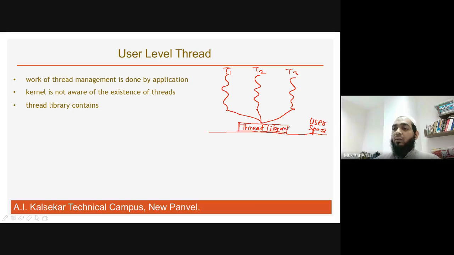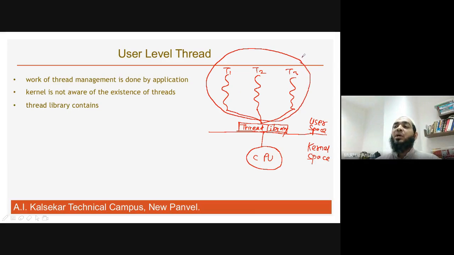ओके, अब ये थ्रेड लाइब्रेरी आ गई. उसके बाद में दिस लाइब्रेरी, अभी ये हमारा यूजर स्पेस था, ये हमारा कौन सा स्पेस है, कर्नल स्पेस है. तो ये मेरा है कर्नल स्पेस. यहाँ पर मेरा कर्नल स्पेस के अंदर यहाँ पर मेरे पास मेरा ये है सीपीयू. ठीक है, अब ये सीपीयू हमारा कनेक्टेड है इसको. ठीक है, सो ऑल दिस. अच्छा, अगर मैं बोलूँ हाइपोथेटिकली बोलूँ तो ये जो पूरा पार्ट है आपका यहाँ से यहाँ तक, ये आपका प्रोसेस है. ठीक है, तो ये जो प्रोसेस है बेसिकली, तो प्रोसेस के अंदर आपके तीन थ्रेड्स है, दैट इज T1, T2